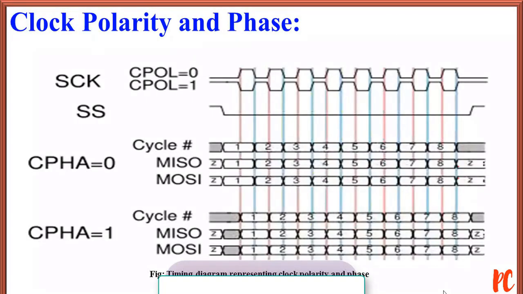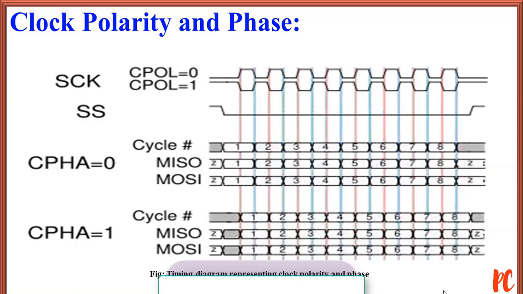In addition to setting the clock frequency, the master must also configure the clock polarity and phase with respect to data. Motorola SPI block guide has two options. One is clock polarity, CPOL, and the other is clock phase, CPHA. The clock polarity determines the polarity of the clock. For clock polarity equal to 0, the clock idles at 0 and each clock cycle consists of a pulse of 1, that is, the leading edge is a rising edge and the trailing edge is a falling edge. In the other case, if clock polarity is 1, the clock idles at 1 and each cycle consists of a pulse of 0, that is, the leading edge is a falling edge and the trailing edge is a rising edge. Clock phase determines the timing of the data bits relative to the clock pulses.